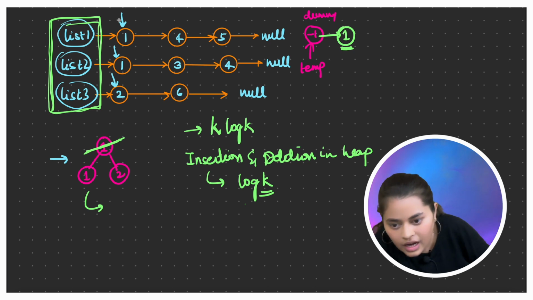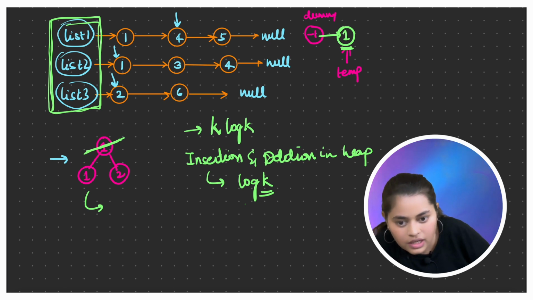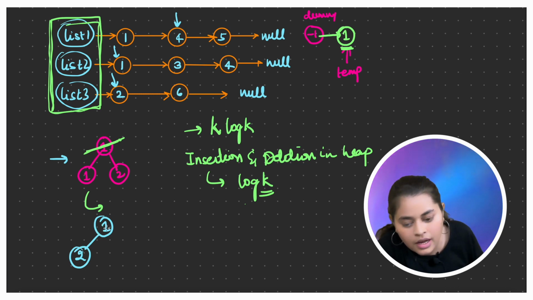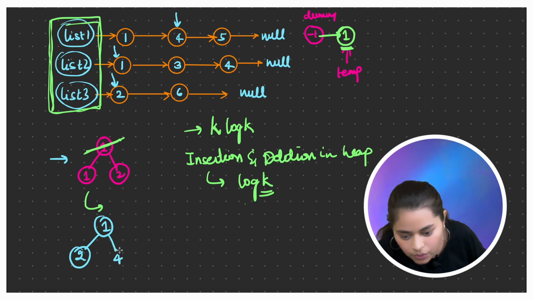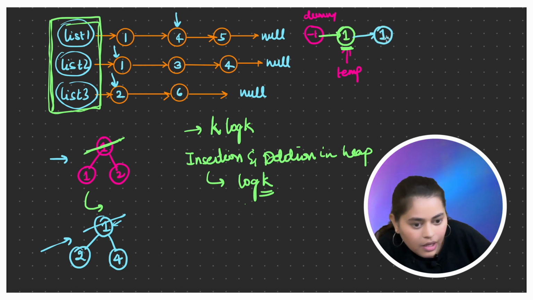Now, after deleting this node, we'll move our pointer to the next value and we'll again increment our temp pointer to the next value, right? At this point after deleting a node, if you know about min heap, you will know that this will get heapified, and the heapify process will run on the min heap after the deletion, and then the next value will be inserted, which will be 4. Now this min heap is already in its correct form, the minimum value is at the top. So we'll again delete the minimum element and insert it into the result list at temp.next, right?